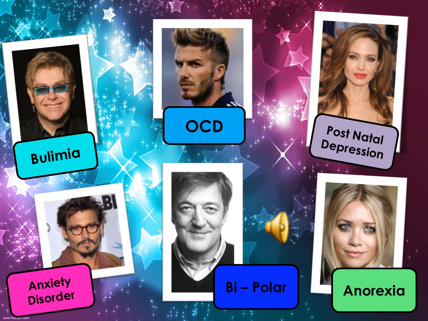So as you can see here with the definitions underneath the pictures, you can see why I would include these celebrities in this presentation. They all have something similar, they all suffer with some kind of disorder or condition or illness. And it's not something that you would necessarily recognise simply from looking at a person. So that is one of the reasons why it can be so difficult to define abnormality. It's not something that we necessarily spot instantly.